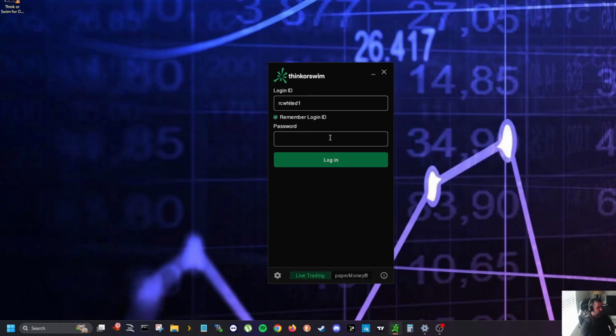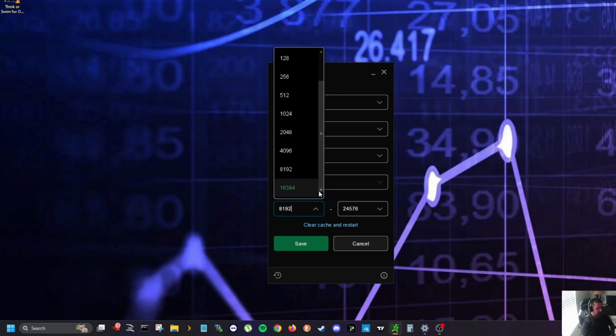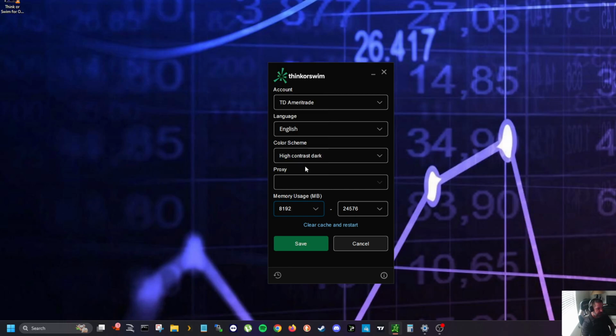Okay, so even before you log in, you need to go down here to the settings. This is your minimum and maximum RAM usage you're allocating to the program. I suggest it's going to vary depending on how much available RAM is in your system. I'm running 64 gigabytes, so I'm going to set the minimum for 8 gigabytes and the maximum just mid-range here